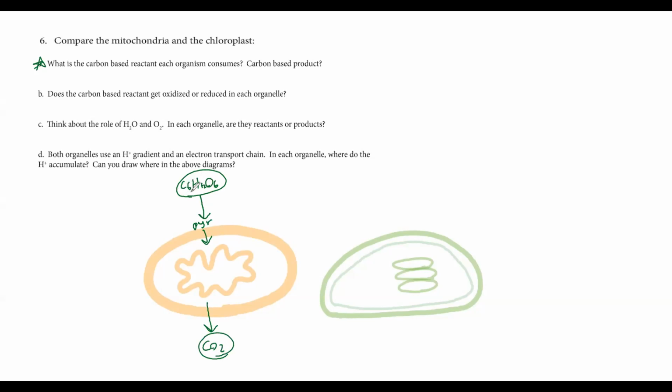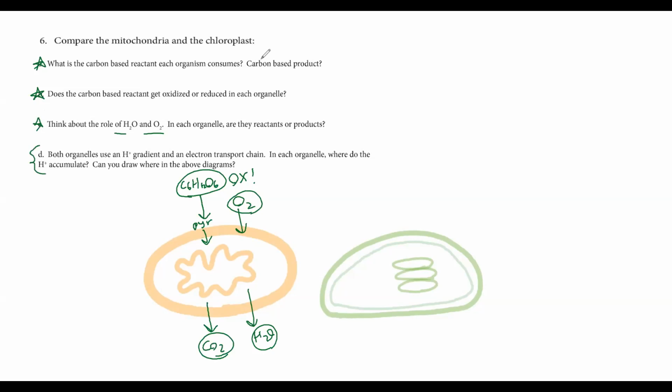So when you go from C6H12O6 to CO2, is that being oxidized or is that being reduced? It starts with 12 hydrogens and then it loses them, so this gets oxidized. And think about the role of H2 and O2. So remember, that was in our electron transport chain. Do you guys remember the role of oxygen in the electron transport chain? Hopefully you remember we breathe in oxygen, so it can be our terminal electron acceptor. This is why we breathe in oxygen. I think you can remember that we breathe in oxygen and we produce water. Cool. I'll save D for the end.